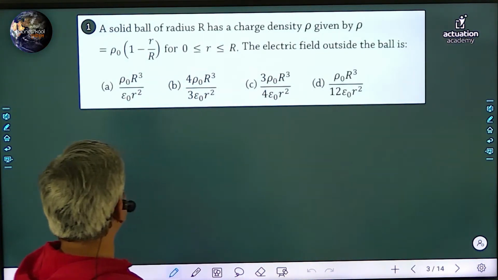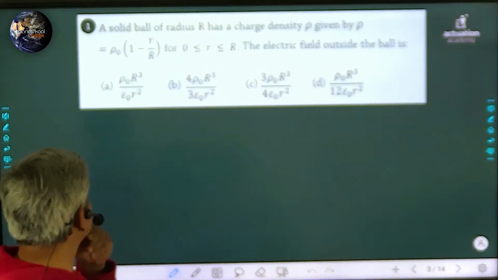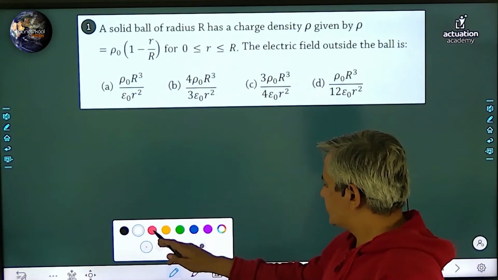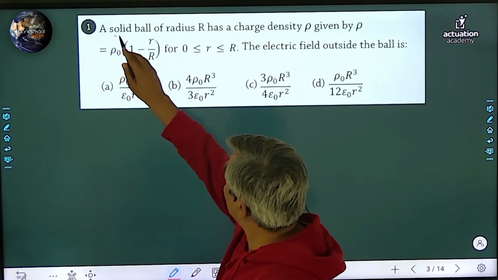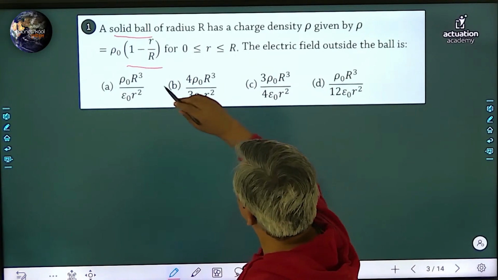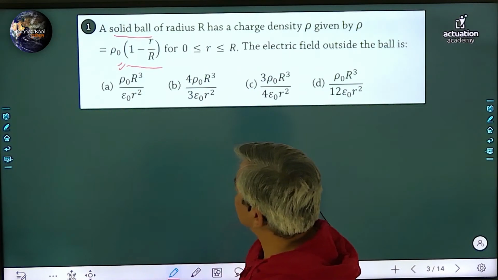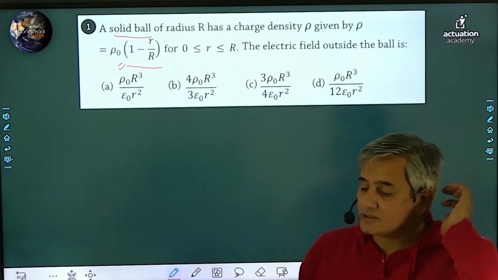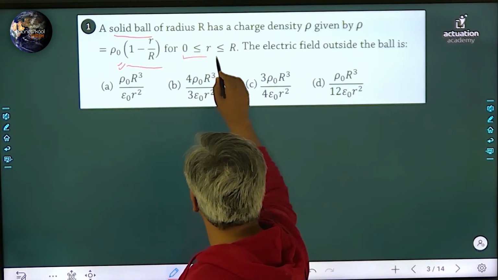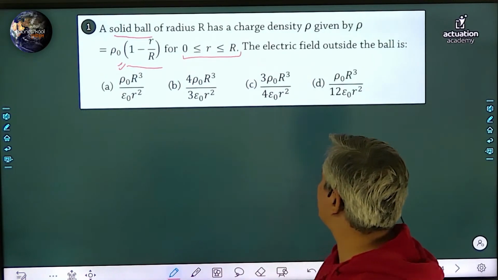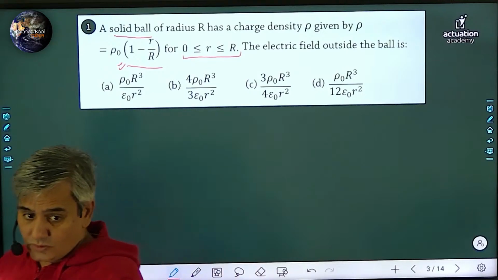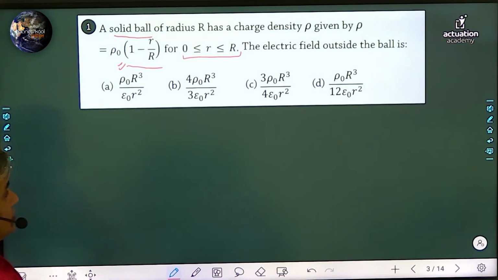In this question, it is given to us that there is a solid ball of radius R. It has a charge density rho, where rho is a variable charge density, which is rho naught (1 minus r by R), for 0 less than or equal to r less than or equal to capital R. The electric field outside the ball is? Okay. So to solve this question, we'll be making use of